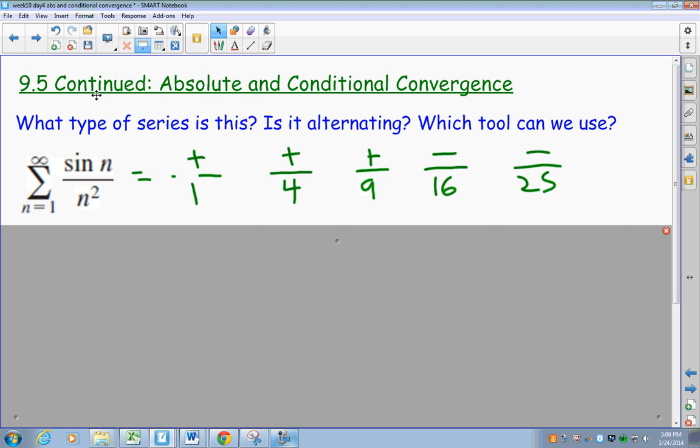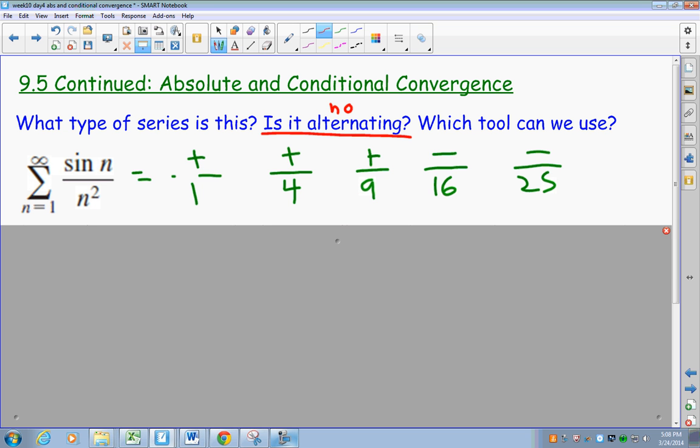Key thing, it's positive. Sine of 2 on my calculator in radian mode is 0.909, positive. Sine of 3 is 0.141, positive. Sine of 4, there's a negative. Sine of 5, there's a negative. So don't worry about what the terms are exactly. I just want you to realize it went plus, plus, plus, minus, minus. Who knows what I get next? The key thing, though, is